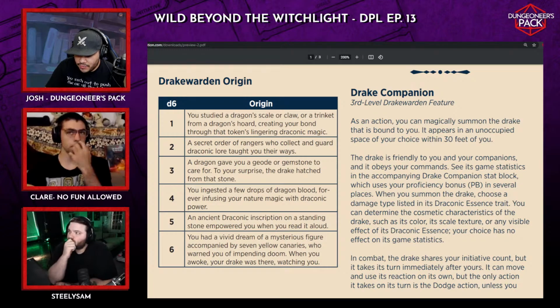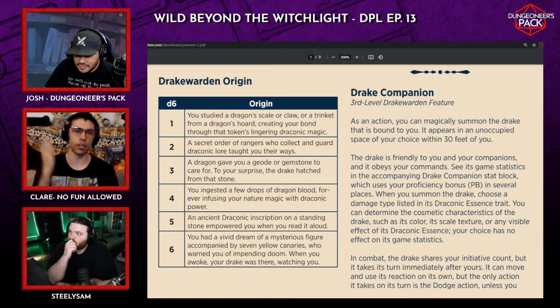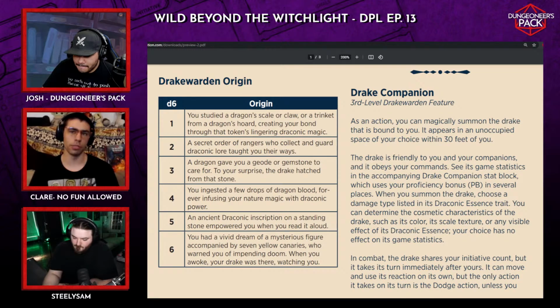I guess they might have wanted it to start off as a little familiar, then kind of poke evolve. The idea is that it starts off small, then grows to medium, and then grows to large. So over the course of a campaign, you can kind of see that awesome growth.